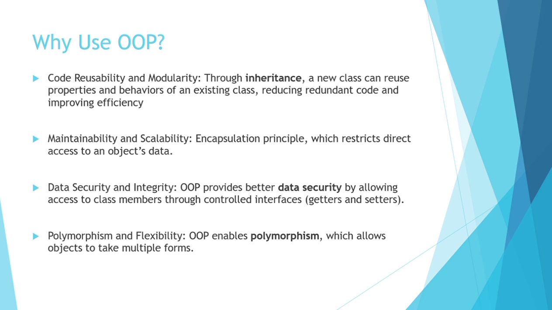Polymorphism and flexibility. Polymorphism is one of the core principles of object-oriented programming, allowing objects of different classes to be treated as instances of a common superclass. This feature provides flexibility by enabling a single function or method to work with different types of objects. For example, a method in a parent class can be overridden in child classes to provide specific implementations while maintaining a consistent interface. Polymorphism enhances code maintainability, as new functionalities can be added with minimal changes to existing code. It also improves flexibility by enabling dynamic behavior, where objects can change their functionalities at runtime, making the system adaptable